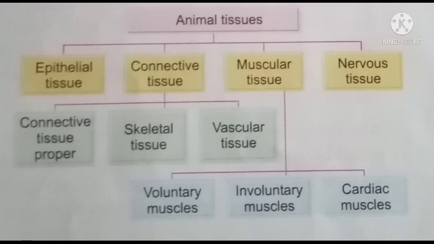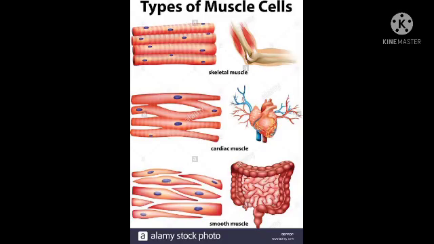In today's class, we are going to see about muscular tissue. Muscular tissue forms muscles. Muscle is a tissue which is attached with our bone, and this gives the framework to our body, and it helps to move the various parts of our body. And not only that, it also helps us to breathe, digest food, and throw out our waste from our body, and so on. Like this, it does various functions.